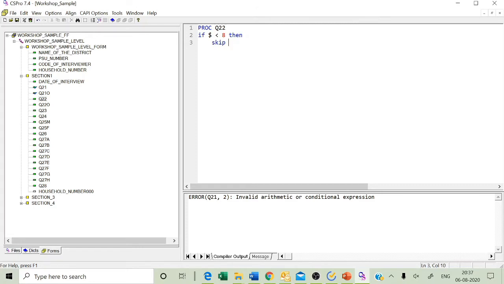skip to. It all depends on how you are writing the program. Everyone has their own idea and own conclusion. So you can take a call whether you want to give a less than or a greater than; depending on your situation, you can make the program. So I am just executing this. Compile is successful. So that kind of places you can write a program.